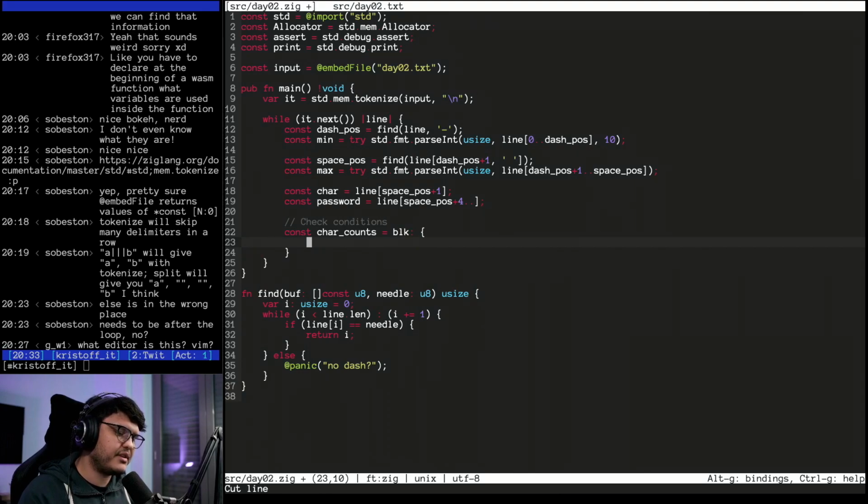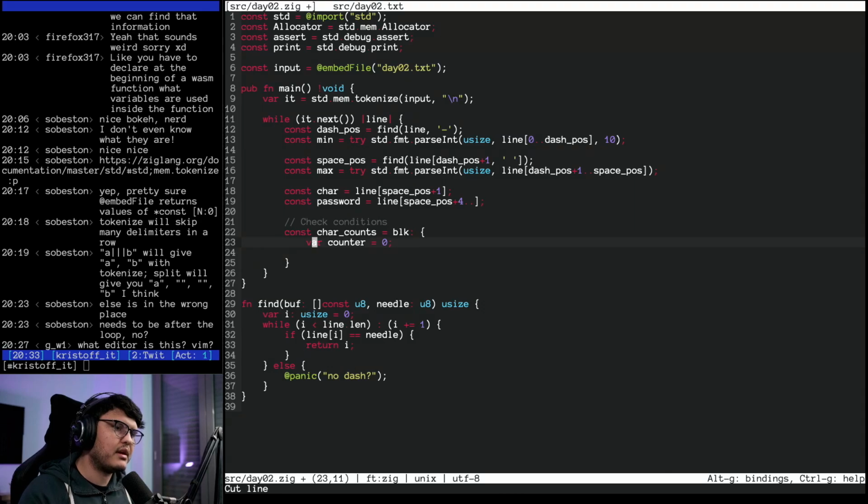So we can make a block and we can say var counter equals 0. Counter needs to be usize. Oops, end of my R. So counter usize.